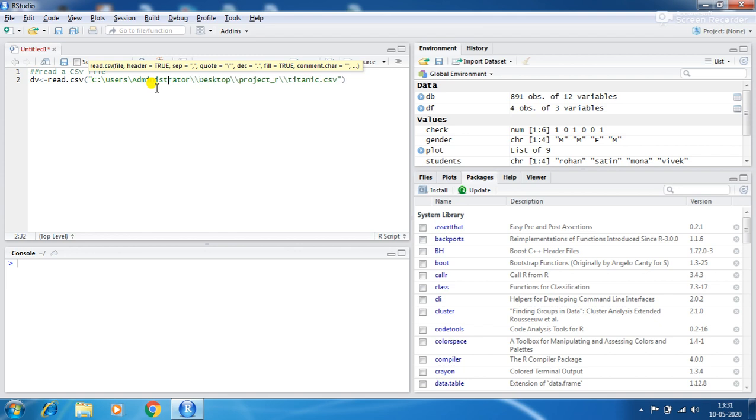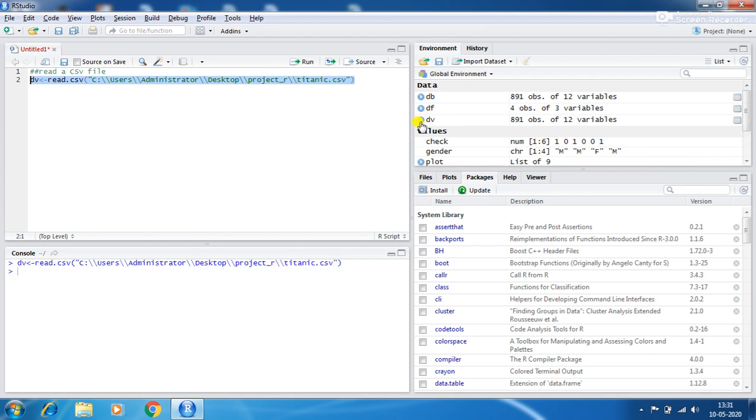Then we select that file and run it, and it runs successfully.